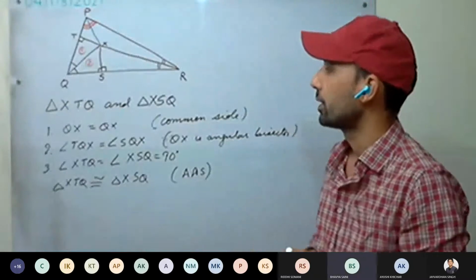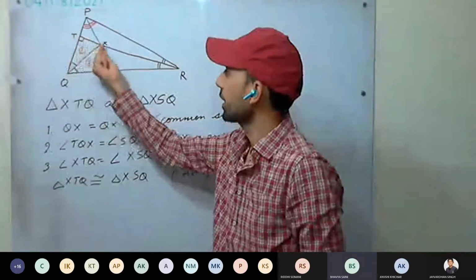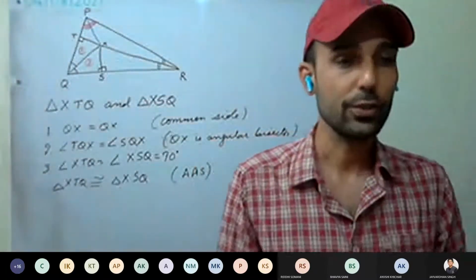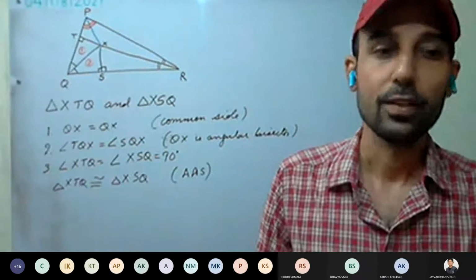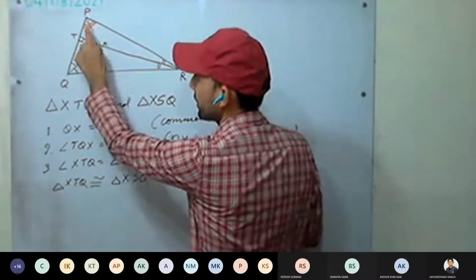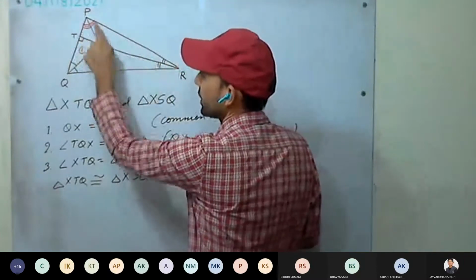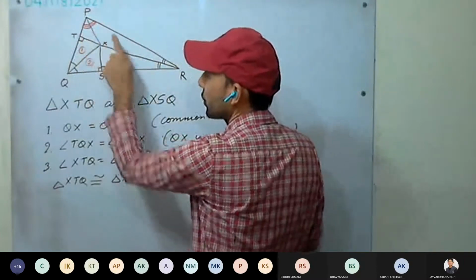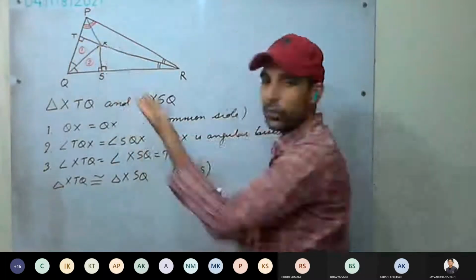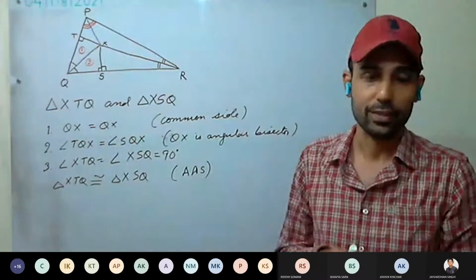We can take triangle TXP, then another triangle. Which one did you take? You can draw something. See here, we are not able to get this angle. We got the triangle, but the triangle containing this angle is a bigger one, and these two are not congruent. We can easily see this bigger one and this smaller one are not congruent.